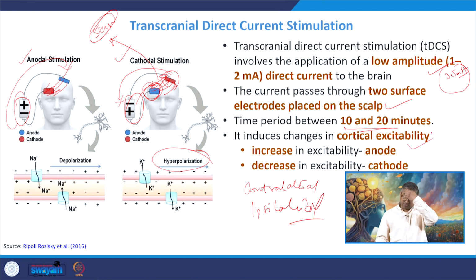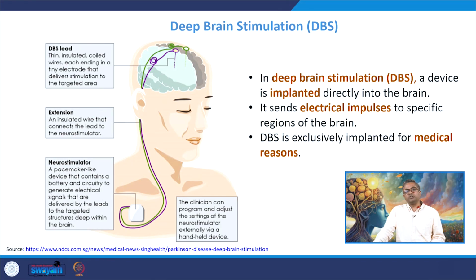So, anodal stimulation increases the cortical excitability. When cortical excitability is increased, there is more firing of neurons, more depolarization, which means learning is going to be enhanced. A decrease in excitability means lowering of neuronal excitability; neurons are being suppressed or attenuated. As a result, hyperpolarization is happening and neurons are reaching the resting state. So, they are more relaxed. Cathodal stimulation sometimes gives a relaxation feeling. If you are coming from your office very tired and stressed, you do the cathodal stimulation, you feel relaxed and relieved.